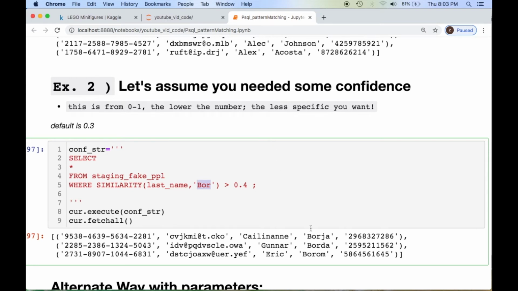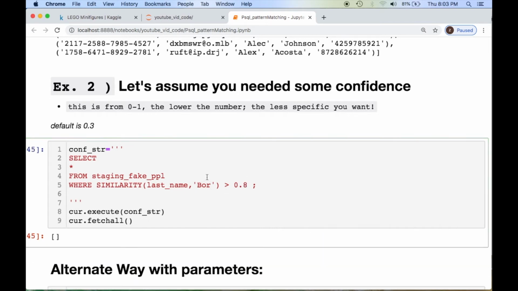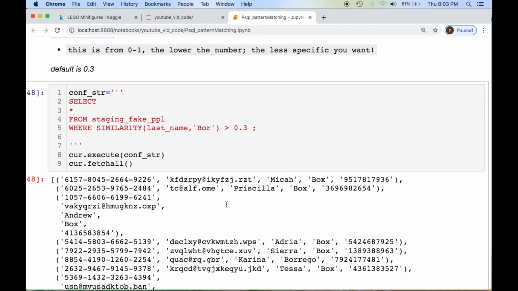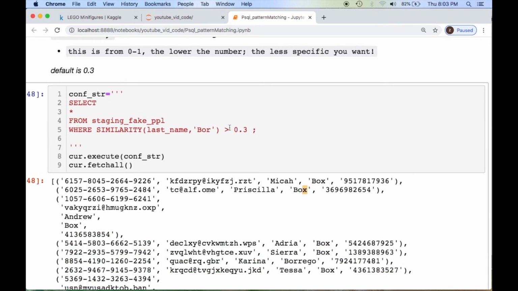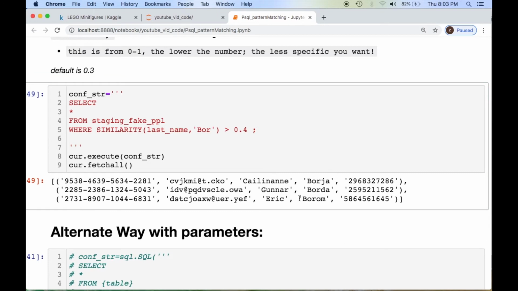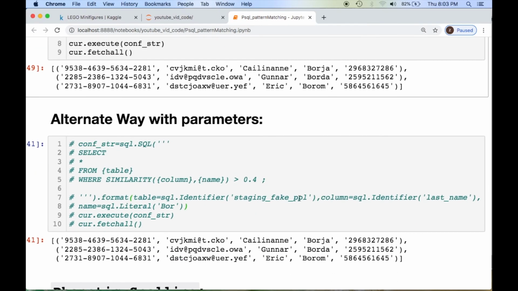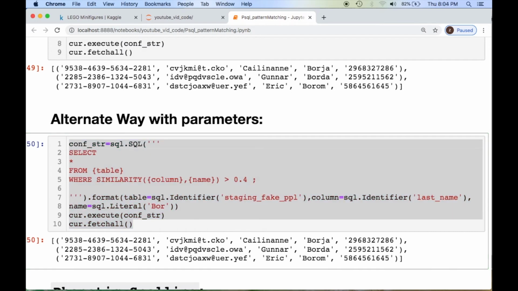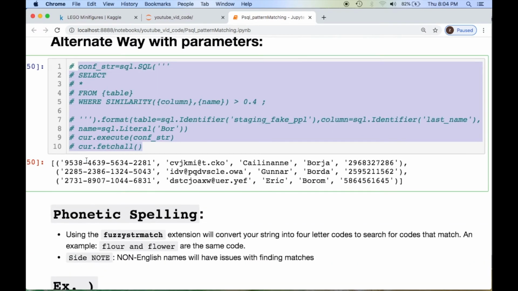All right, so you're going to have things that are not very close to this. All right, so the higher I go, we have nothing. But what happens if I do the default value? Oh no, we get a bunch of people. But look at this, box, not very close, right? So here's what we got for that. What if we have an alternate way, or wanted to do an alternate way? You can do it like this with the parameters that we just had, throwing in our table, our column, and the name. So it's not very hard. We could chuck this into a function if we're interested in using a function as well. But I'm trying to give you as many options and ideas as possible to help you out later.